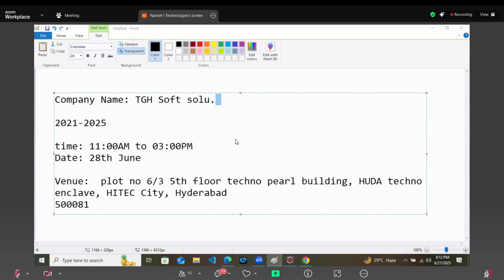I have to apply for an internship. Does having good knowledge of Java, core and advanced, suffice? See, I'll tell you one serious thing. This core Java, advanced Java, this is coming now. Earlier, it used to be SCJP, Sun Certified Java Programmer. There was no core Java, advanced Java.